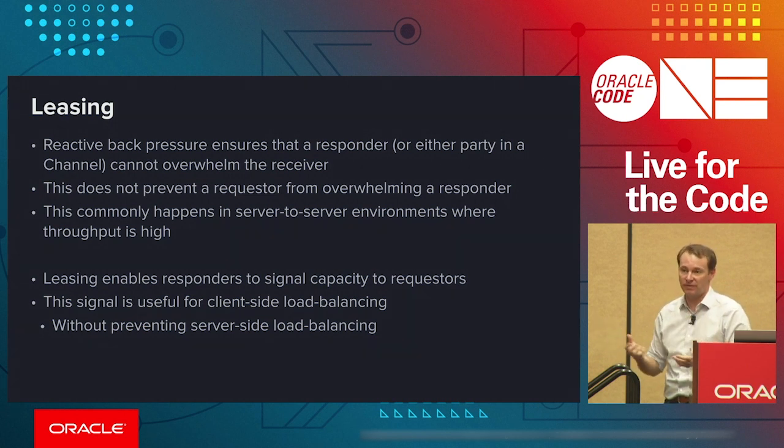Clients have a bunch of different servers that they might be allowed to connect to, especially in a data center scenario. And so they go, okay, you've told me that I'm no longer allowed to make a request to you. I can't open a new stream against this server. Let me go to the next one on my list and start going to them. And that second connection to the second server has different leasing semantics than the first one does.